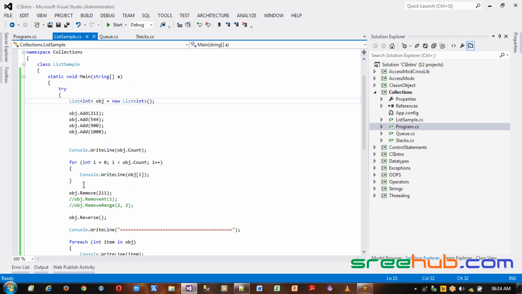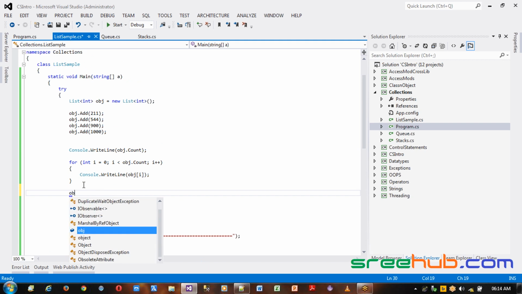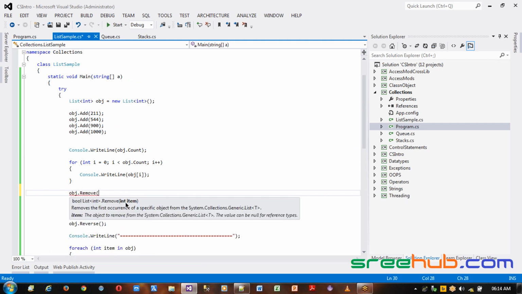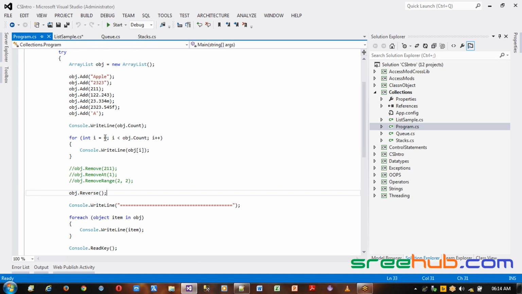Now whenever you try to use any method, take the example of remove itself, obj.remove, automatically you can see it is asking for an element of type int. If you remember in our objects class, which is the earliest class,